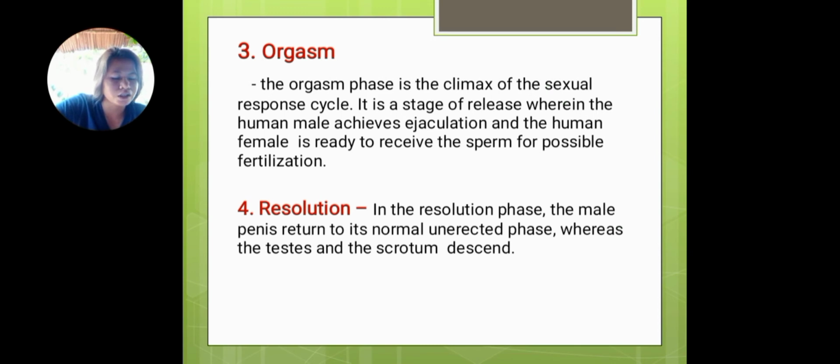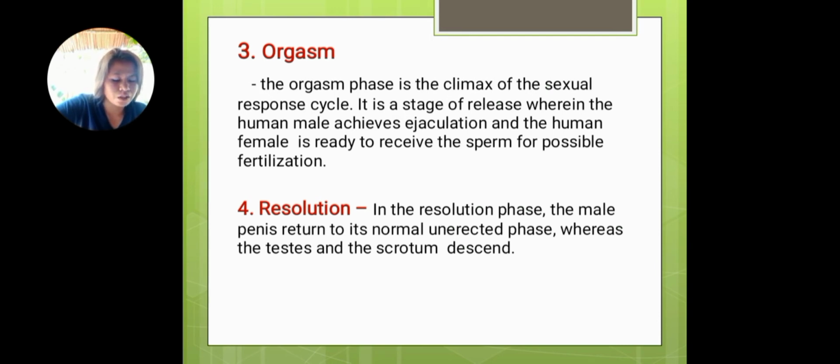The general characteristics of the phase include the following: involuntary muscle contractions begin; blood pressure, heart rate, and breathing are at their highest rate with a rapid intake of oxygen. So, magpapas. Muscle and facial spasms. There is a sudden forceful release of sexual tension.